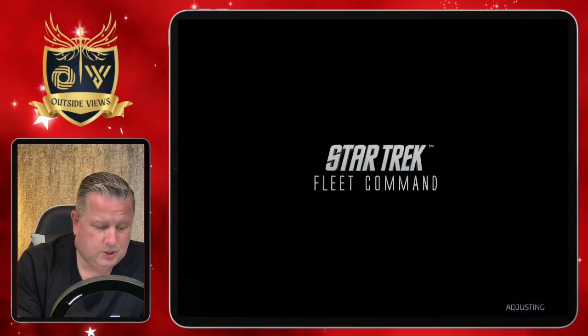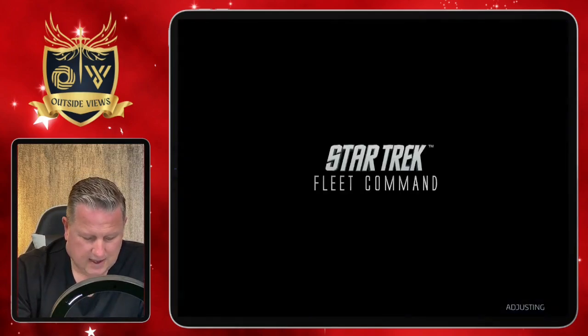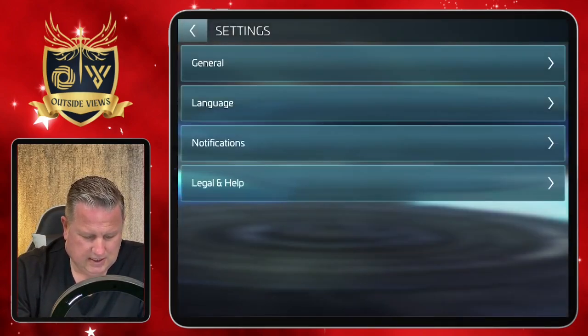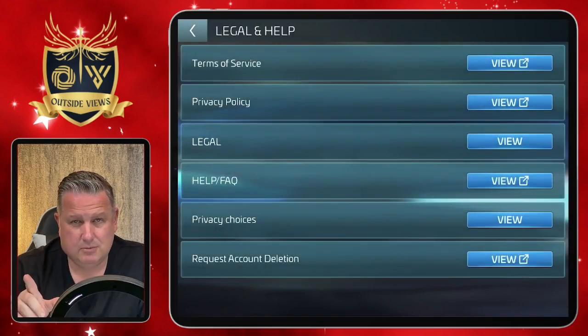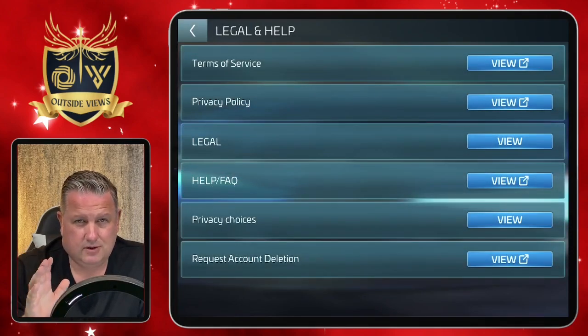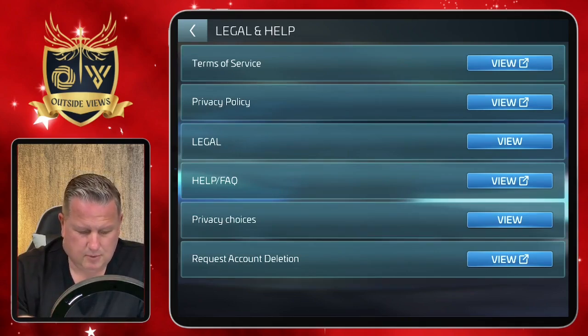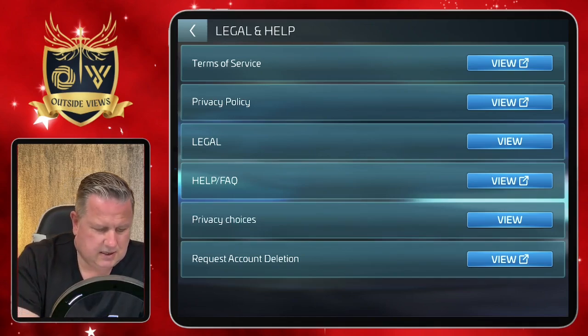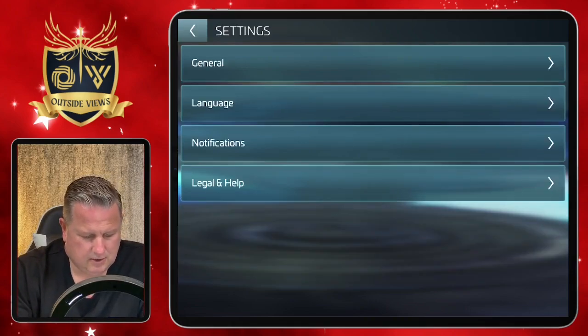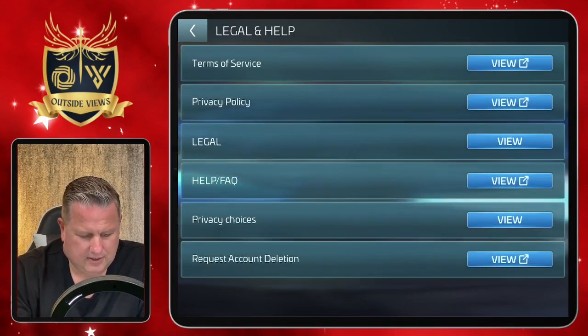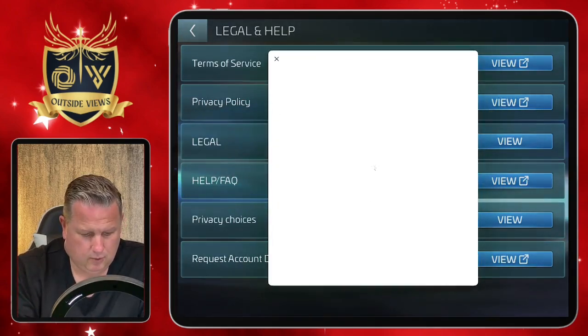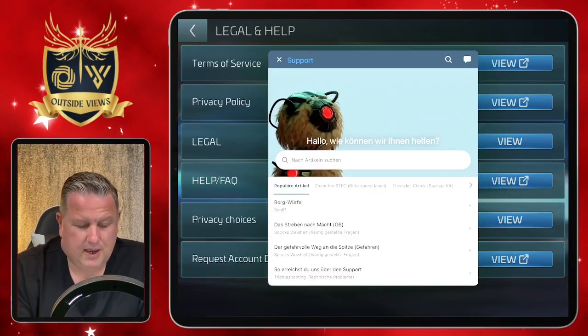And for this, you just go to your settings, and there you see legal and help. There will be slight differences in a moment if you're playing on an iPad like me or on a PC. But I will mention the point where that is. But what you see here in your settings is, once again, you see on the bottom legal and help. You click that one, and then you see help FAQs, and you just click view. Then, in both cases, they will just send you to their